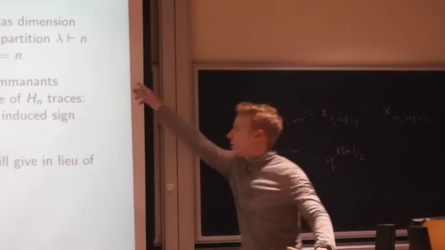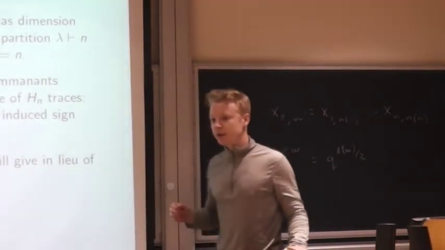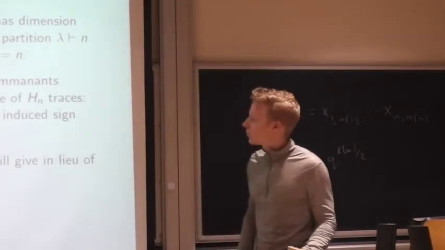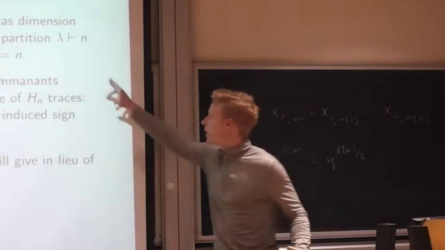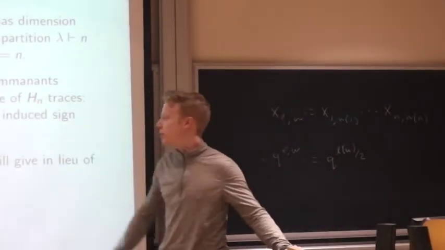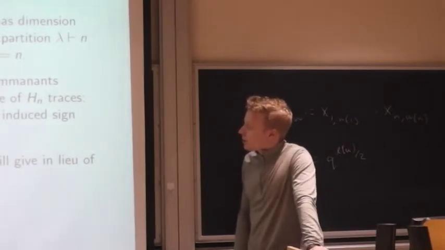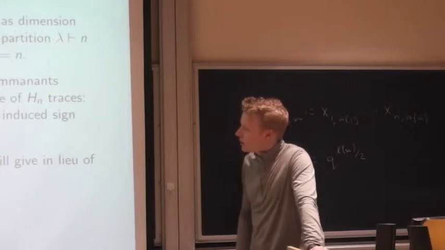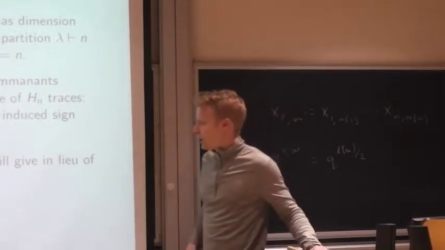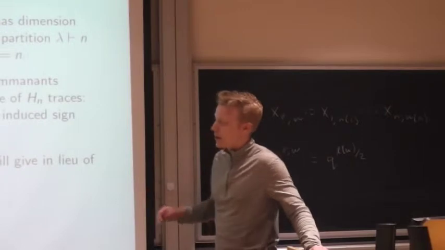We say lambda, the partition, is given by these numbers lambda 1 through lambda n. The immanants that I will give formulas for are the ones corresponding to the induced trivial characters and induced sign characters